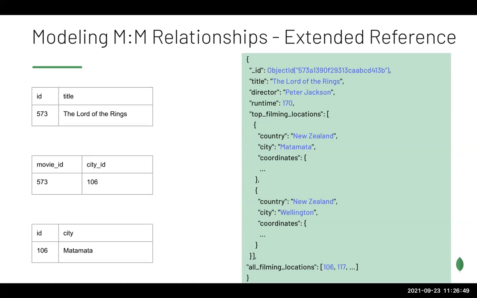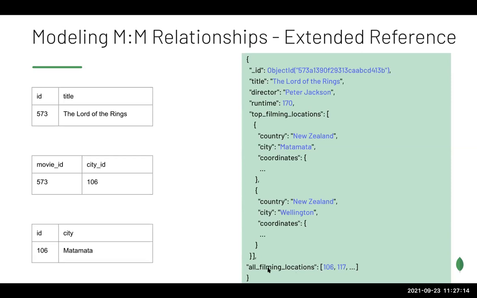Lord of the Rings, for example, was filmed in, I believe, 140 or more locations and sets, but you may not want to get that full list. So in the extended reference pattern, we could have a top filming locations key, for example, that has the top 3 or 5 locations and their associated data,